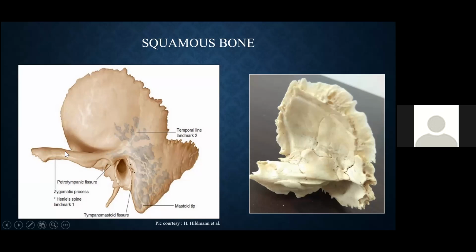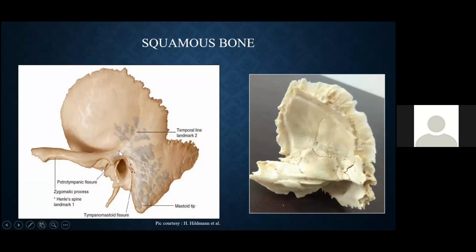And this zygomatic process, when traced posteriorly, gives a very important landmark, that is the linea temporalis or the supramastoid crest, which is a very important landmark as it demarcates the middle cranial fossa dura, and also it gives insertion to the temporalis muscle, which will be present on this vertical part of the squamous bone. So for every mastoid surgery, we should keep a level at the linea temporalis so as to prevent any dural